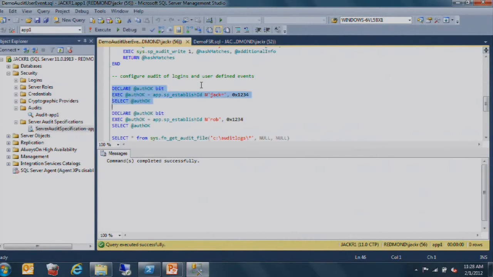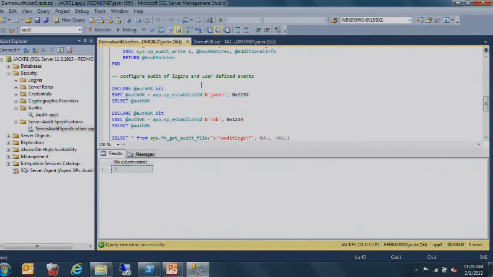Now let's do a test authentication. Here I'm emulating the application trying to connect, and I successfully connect there. Now I'm going to do a failed connection, and I get back a 0 there. If we go and look at the audit log,